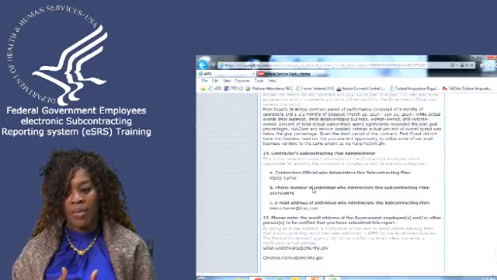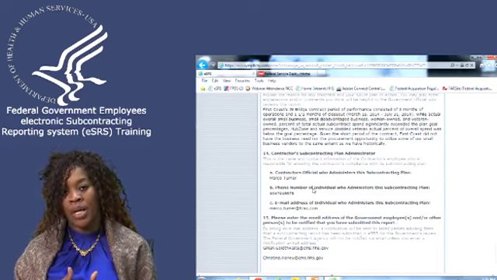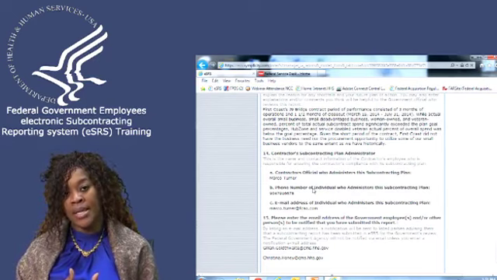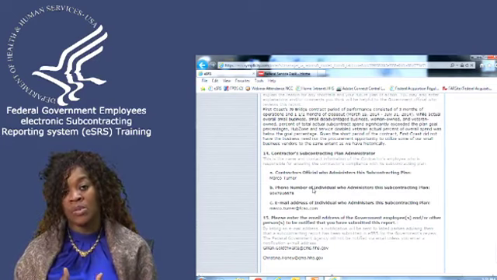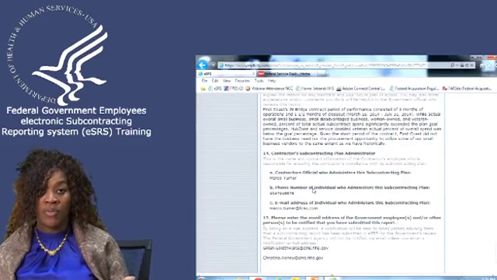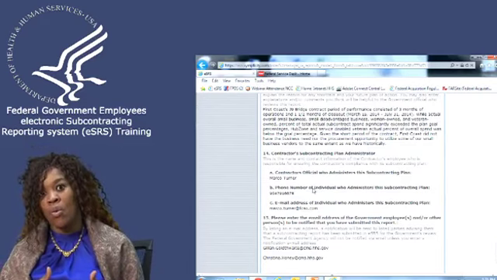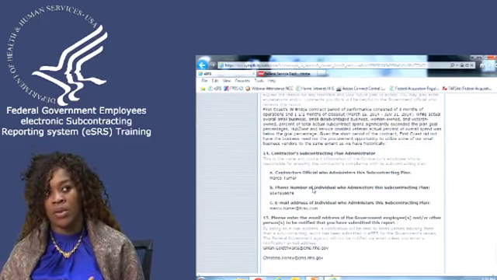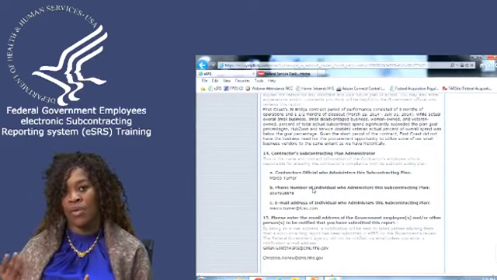At that point in time, when we get that first report, we need to be reviewing it to see if they're on target to meet their goals, because the report is inception to date of the contract. So we can tell whether or not they're on target to meet their goals, whether it's the first year, second year, third year, or fourth year.